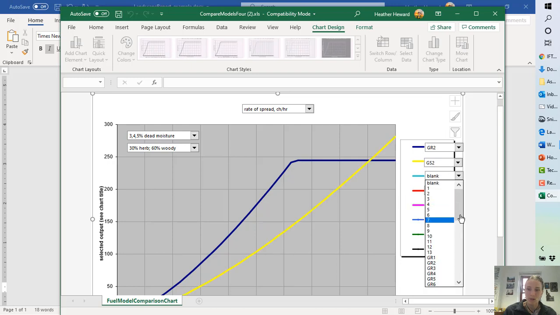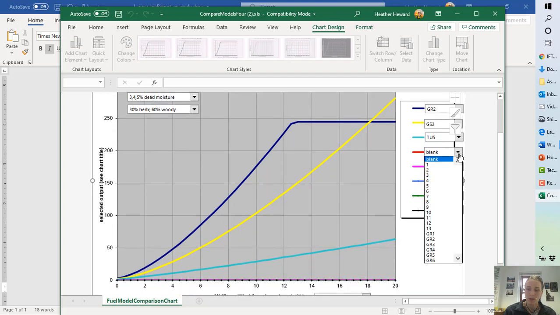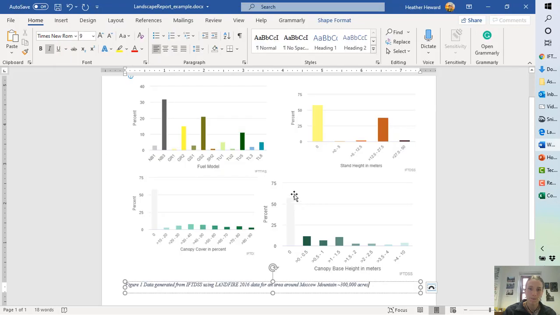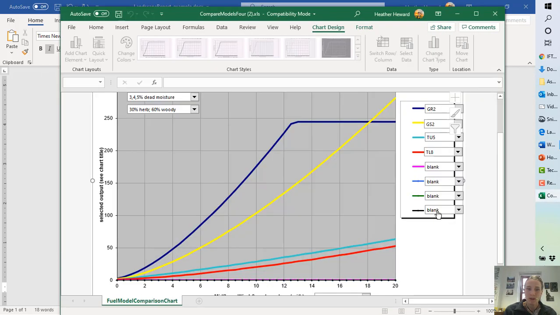And TU5 is probably going to fit well within that as well. TL8, let's see if TL8 shows up. Sometimes these higher fire behavior fuel models will drown out the smaller fire behavior fuel models. That seemed to work out okay. So what we've got now is